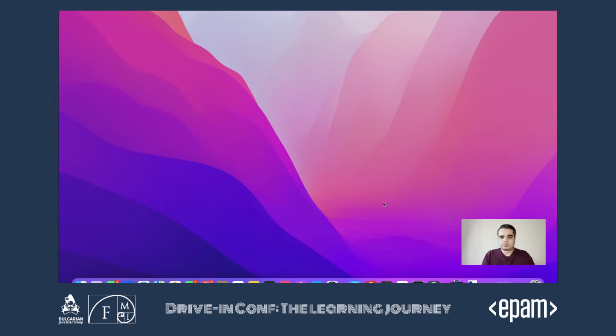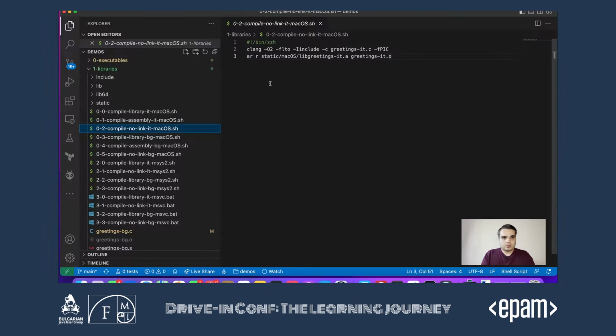Okay, now how do we build a static library? Well, the process is fairly similar, but we don't need to link it, remember. So we call our compiler, we pass the O2 flag, just to make sure that we run some basic optimizations. We enable link time optimizations. Some compilers need to do that while building the static library so that these optimizations can work when the library is linked. Others don't. I'm not particularly sure about Clang on OS X, but it appears that I need to enable the LTO flag when I build the static library.